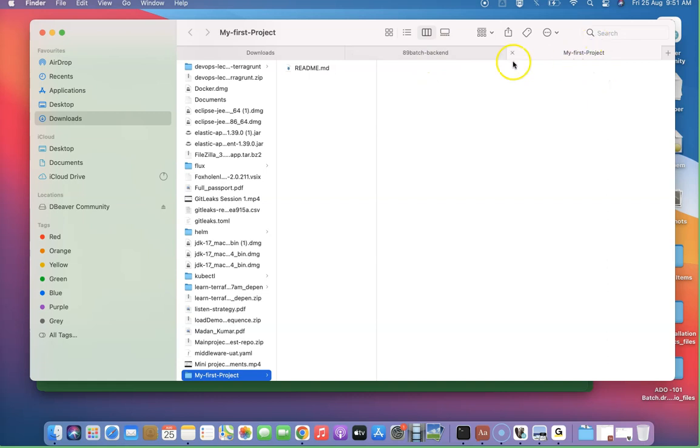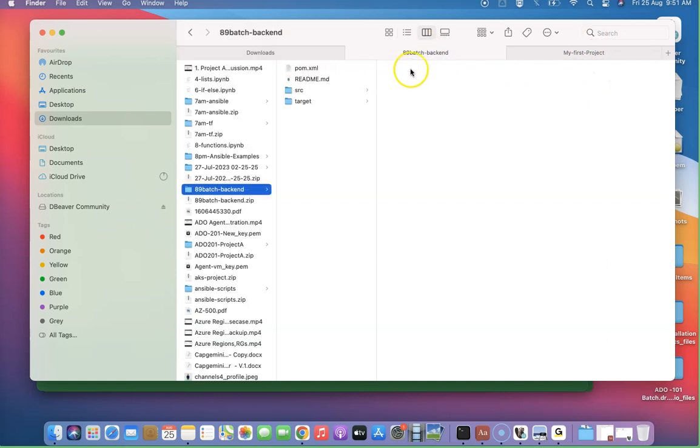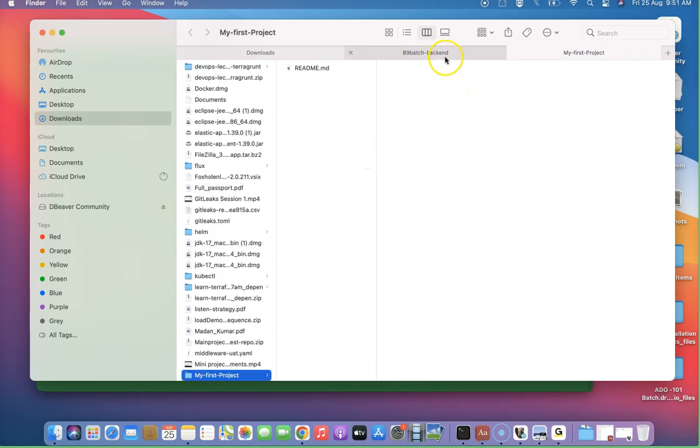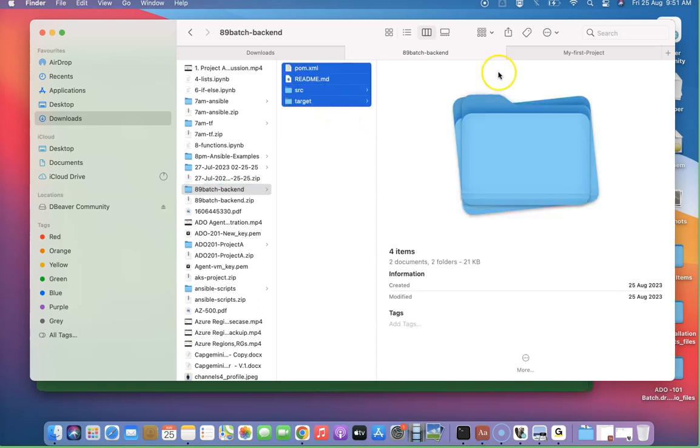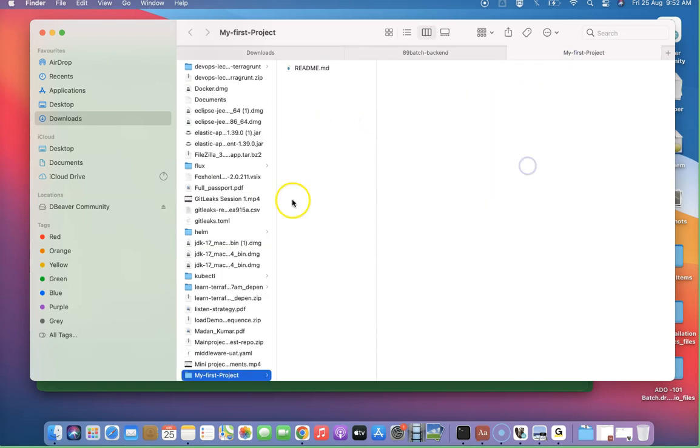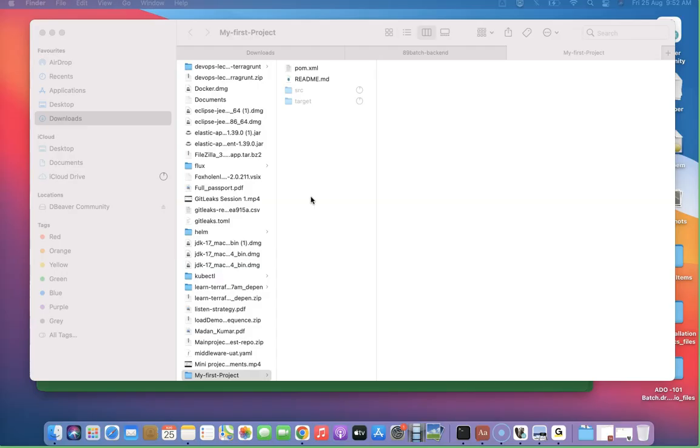This is my project window. This is my downloaded content. This is my new repository. This is my developed content. Copy the content, just copy the content and go to my project and just paste it. That's it. This is just a copy paste. We are not doing anything. Just a copy paste. Once you are done with your copy paste to your directory, whatever the directory, here exactly